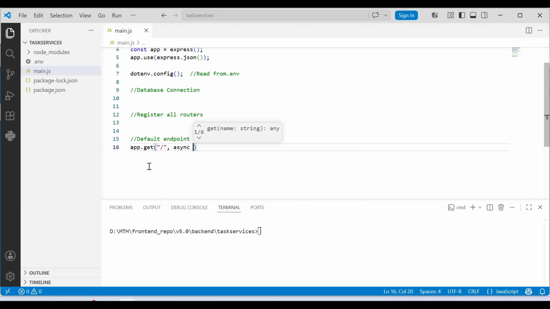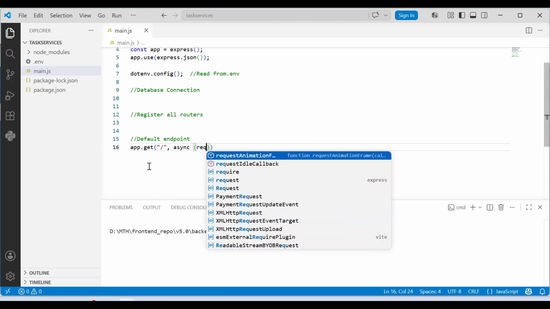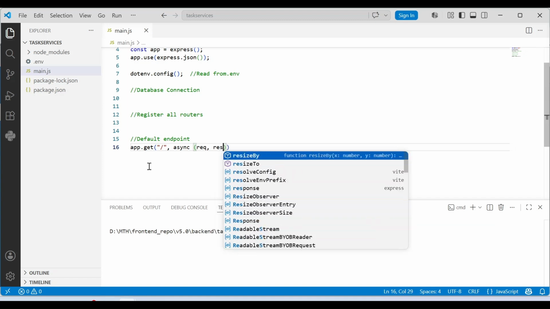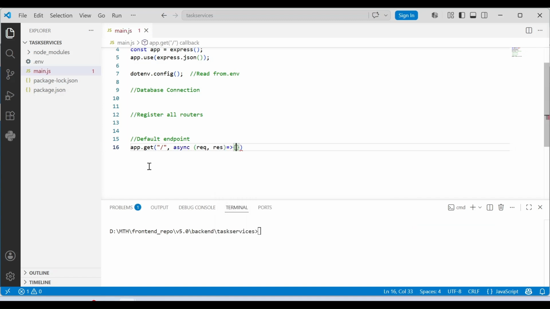So add the keyword async and create an arrow function with two parameters request comma response, end with semicolon. So place the cursor in between the open and close braces, enter, make it a multi-line statement for